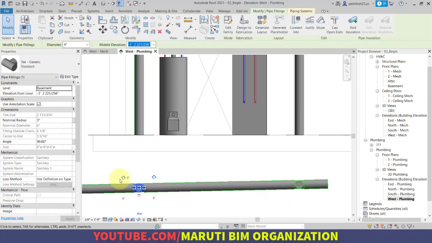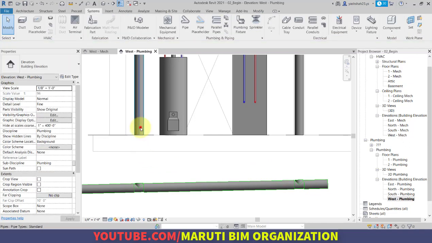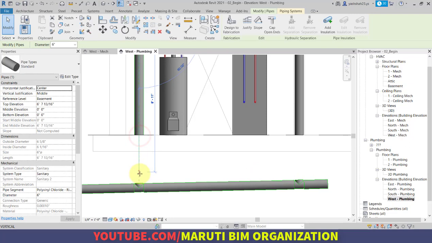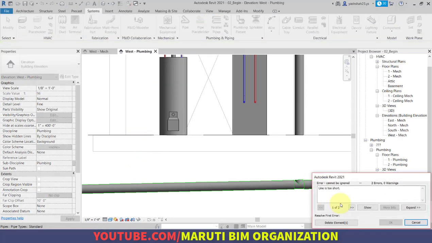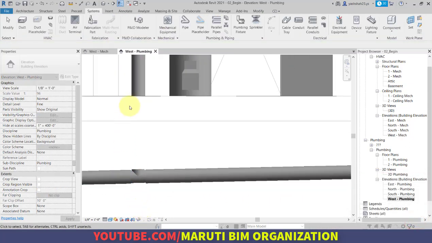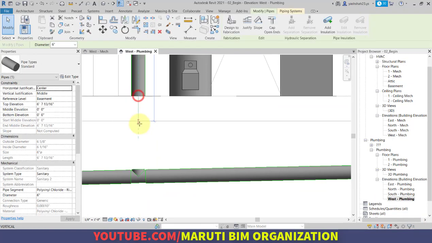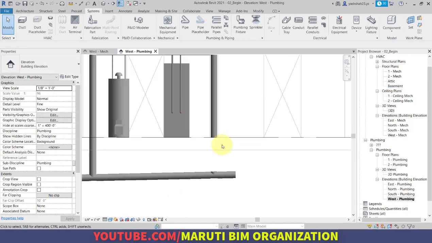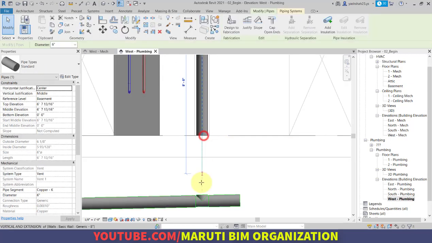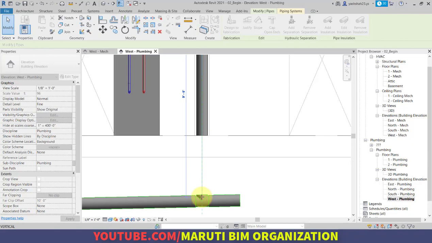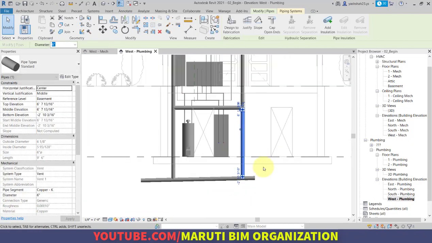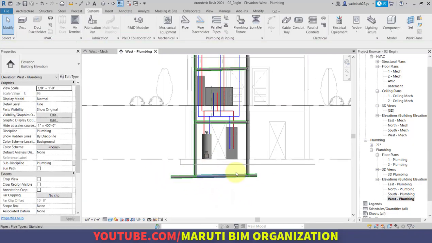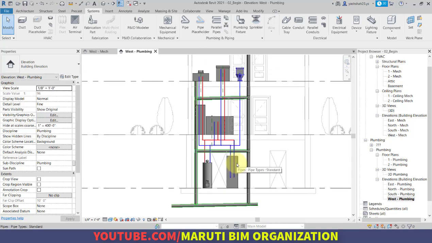So select this connection and rotate it, and select this pipe and drag it to the downward side. Make sure the snapping is correct. So if I select and drag, it will connect to the T connection properly. So here my connections are now connected.